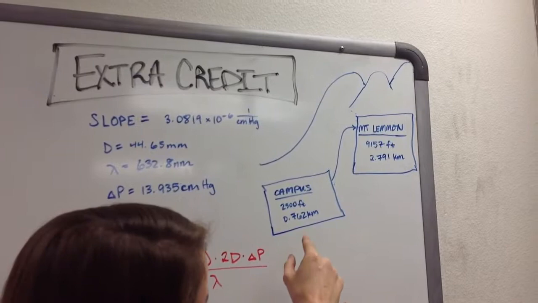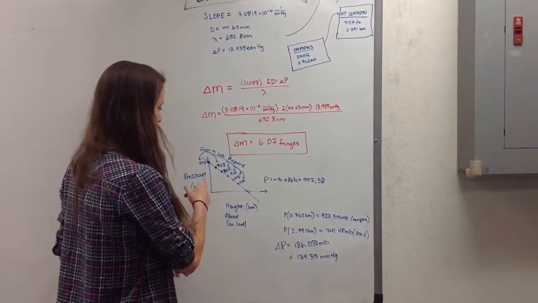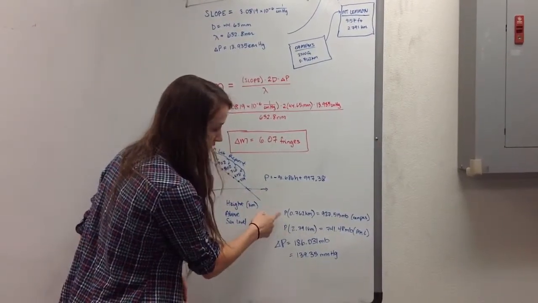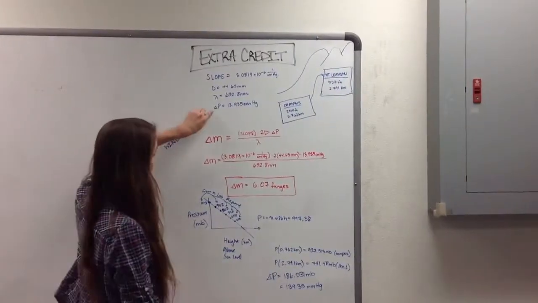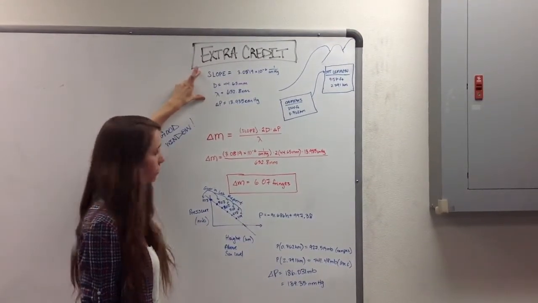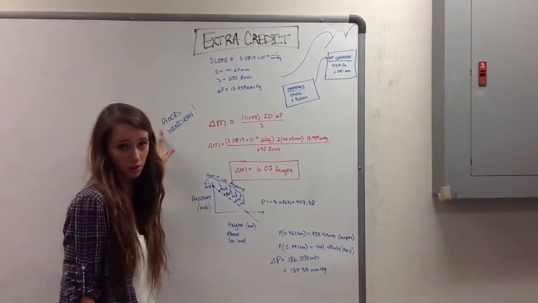These are the heights given above sea level for campus and Mount Lemmon. With the values given in the lab report, we made a linear regression to find a formula for the pressure at Mount Lemmon and the pressure on campus. This gives a pressure difference of 13.9 centimeters of mercury, and with the values calculated in Part C of the lab, we got a fringe separation of 6 fringes. This indeed indicates that we are using a good enough window